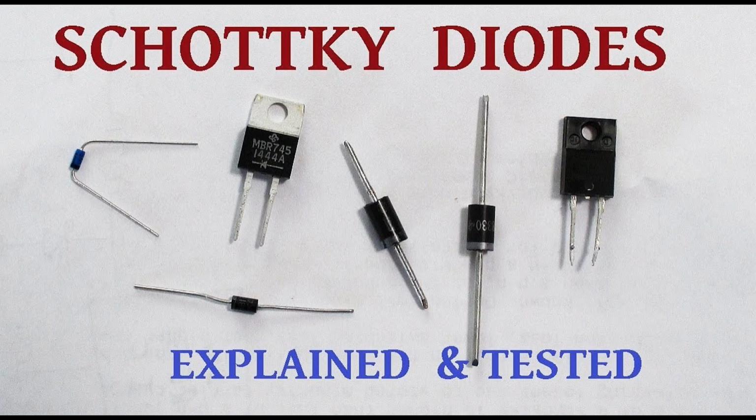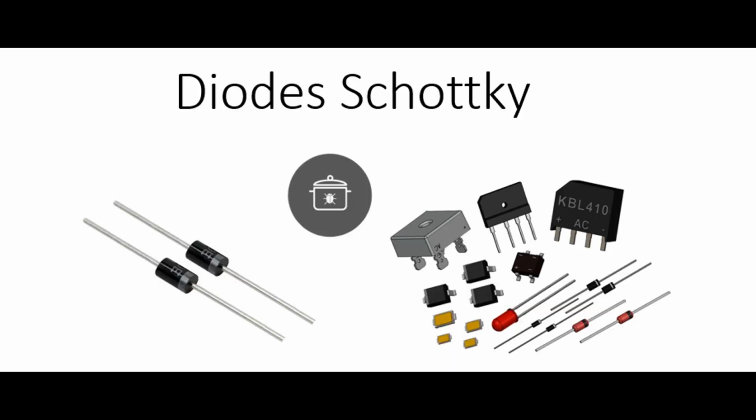Mixers and detectors are essential components in electronic communication systems, particularly in radio frequency, RF, and microwave applications. They play crucial roles in signal processing, frequency conversion, and modulation-demodulation processes. Let's take a closer look at each of them. 1. Mixers. Mixers, also known as frequency mixers or frequency converters, are electronic devices used to combine two or more